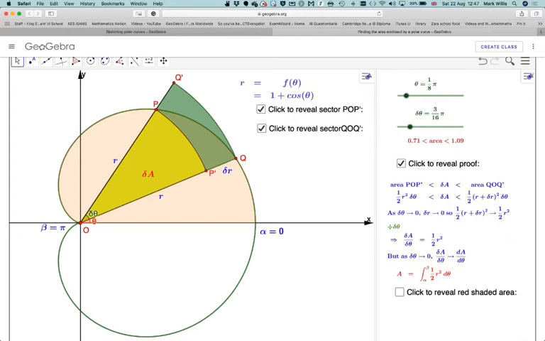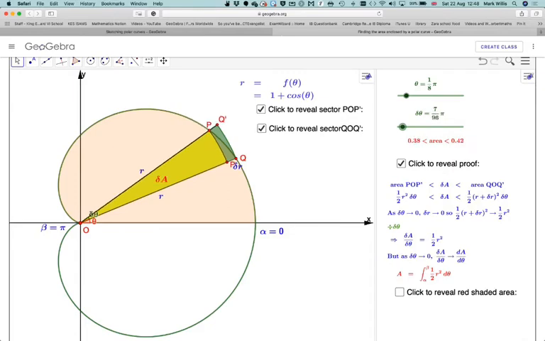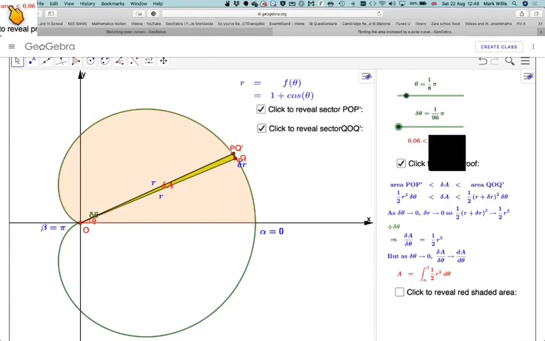Now, I'm just going to show you that here, and here you can see the actual areas. What you can see is they are getting closer and closer to each other as we make this smaller and smaller. Okay, that's about small. There we go. We made it really, really small there. In fact, we've got the same area there to 2 decimal places. So if we squeeze it between these two things,